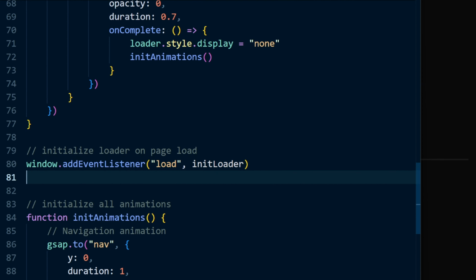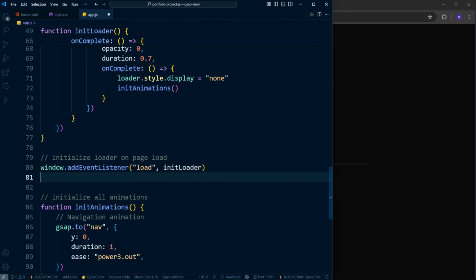This is important because we don't want the loader animation or any other transition to run before the page is ready. So we simply tell the browser, when the window has fully loaded, go ahead and start the loader animation by calling initLoader. Now, once you save your code and reload the page in your browser, you'll see everything come